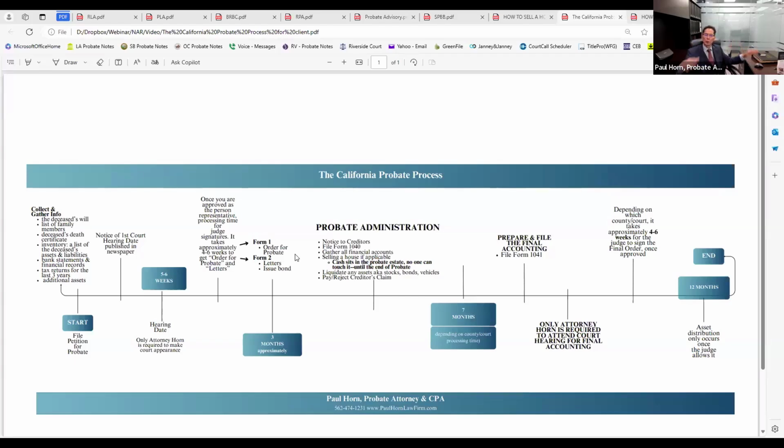So officially, once that son, that daughter, the personal representative, receives the order and letters, then you can go ahead and accept an offer, give it to the probate attorney, and then he can generate the notice of proposed action, mail it out, and then he gives those 3 forms, order for probate, letters, and notice of proposed action, to escrow. He gives it to you, you give it to escrow, and that's it, you're done. You can close your probate transaction in, say, 3 to 4 months, even though the probate takes a year, 2 years, 3 years to complete.